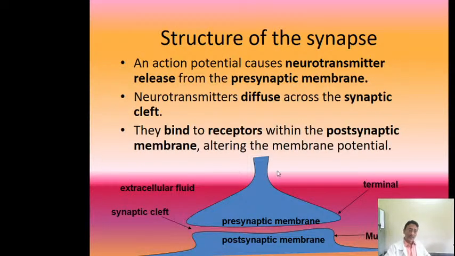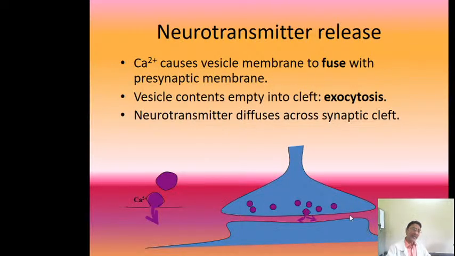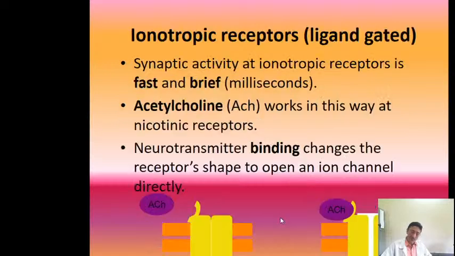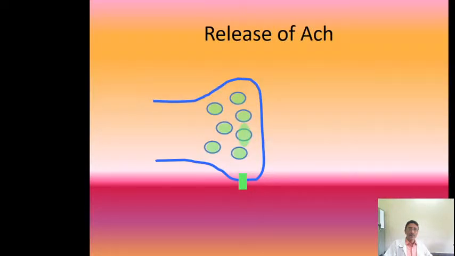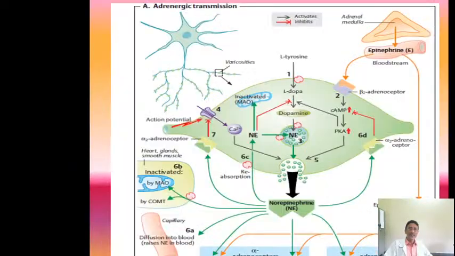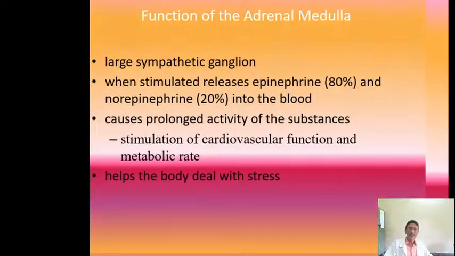Same thing, presynaptic membrane, this is the postsynaptic membrane, synaptic cleft, this is the terminal here. Here calcium is present, calcium has to diffuse inside. Once calcium diffuses inside, it acts on the synaptic vesicles. The synaptic vesicles will move from their storage area toward the synaptic cleft, and there they will release the neurotransmitter. This will cause the opening up of the channels, acetylcholine binding onto this receptor. The gate was closed, binding will cause opening up of the gate. I will bypass all this because this is already easy and given in your books and it has been discussed earlier.